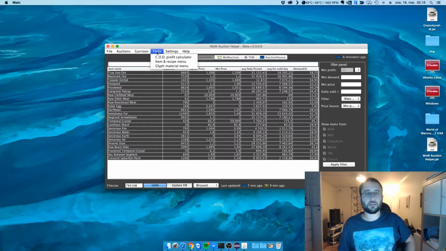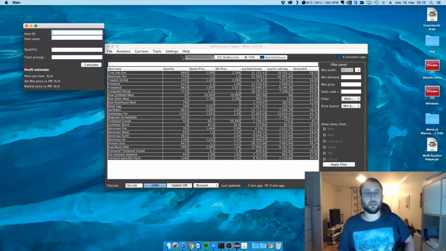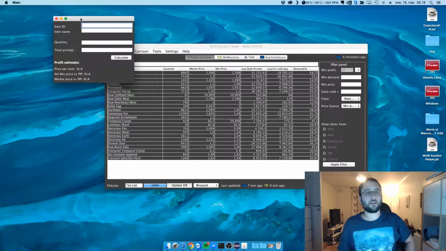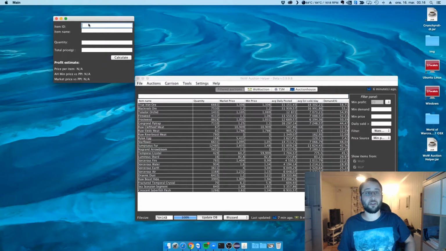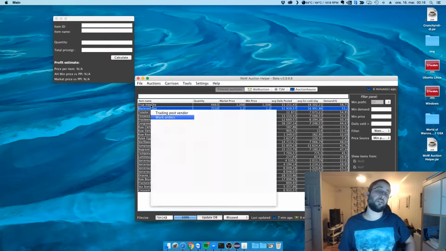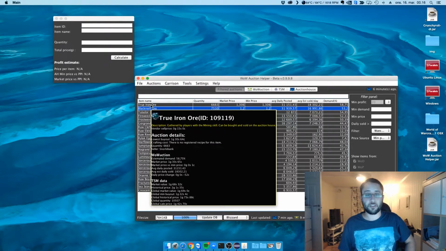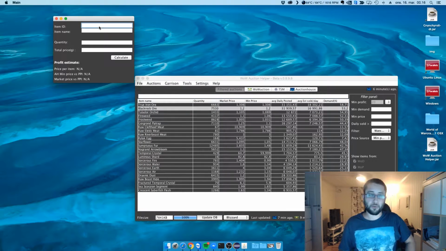And the next thing we have is a cash on delivery profit calculator. Here I can type in the item ID of an item I would like to sell. If you want to get the item ID, you can just hover over the item in the list. So let's say we want true iron ore. We want to sell some of that to a person directly. So we just type in the item ID